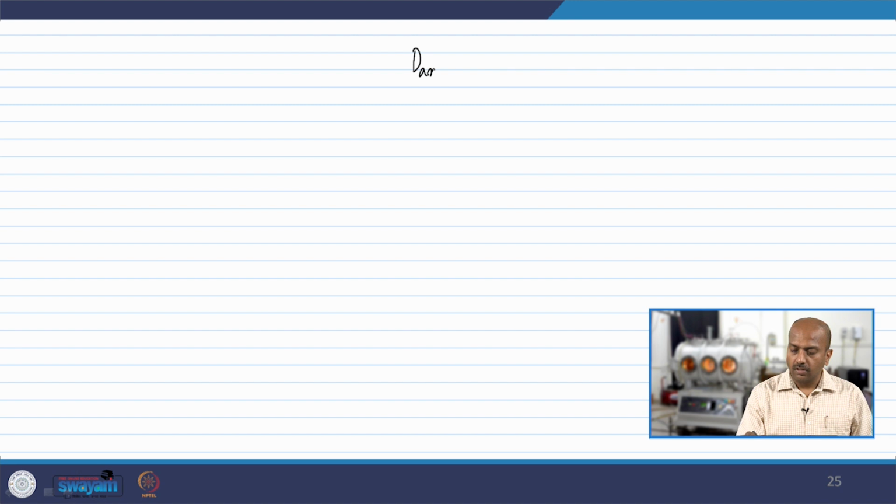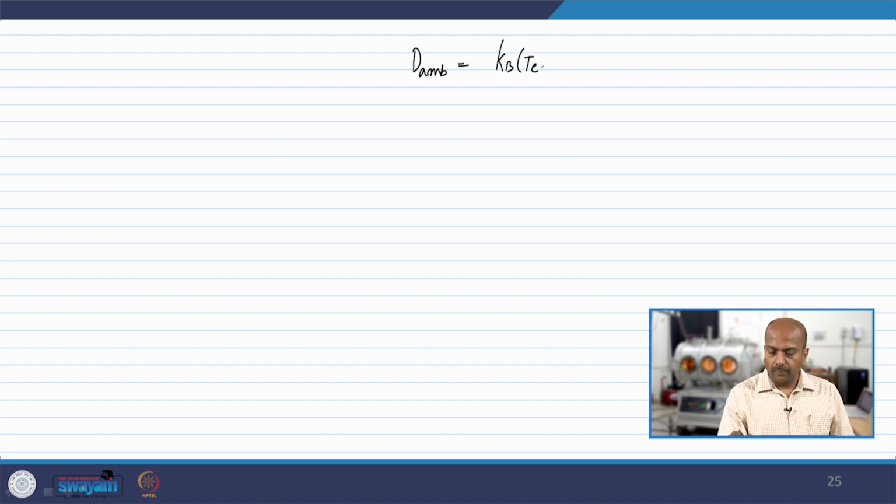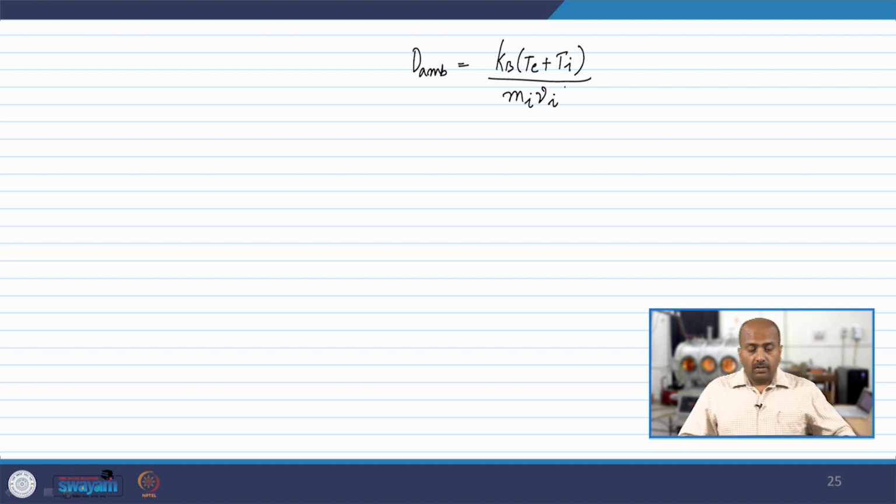Hello dear students, in this lecture we are going to learn more important aspects about ambipolar diffusion in plasma. In the last lecture we derived the ambipolar diffusion coefficient for plasma, which looks something like this. So, this is a function of the temperature of electrons and ions, the mass of ions and the collision frequency of